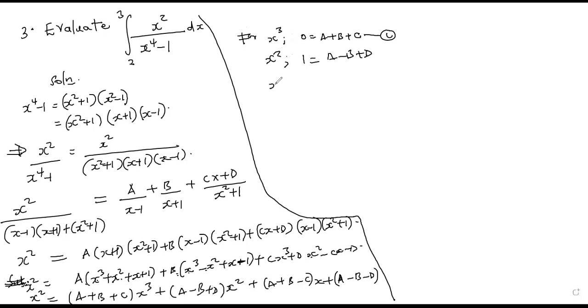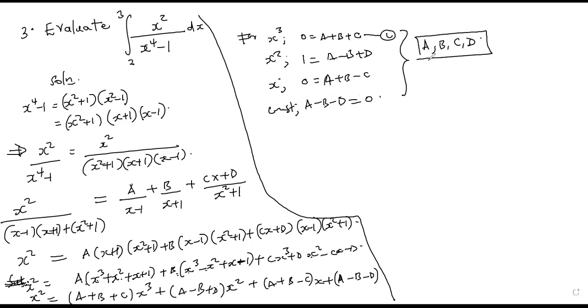Then when you equate for x, this side you have nothing. So you have 0 is equal to a plus b minus c. Then when you equate for constants, this side the constants you have a minus b minus d, but this side you have 0, constants 0. Now, the moment you solve these simultaneous equations, you should be able to get the values of a, b, c, and d. But to make your work easier also, someone can let